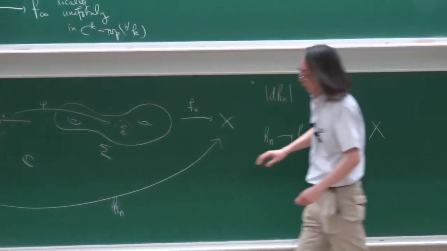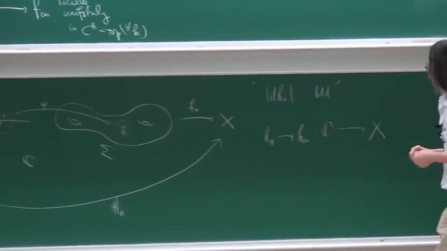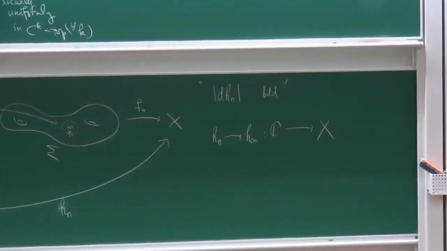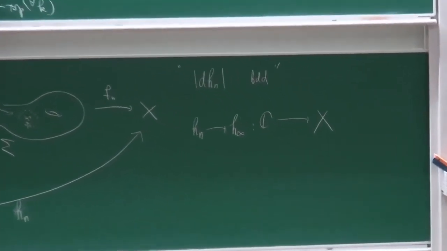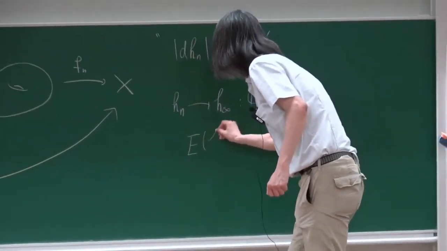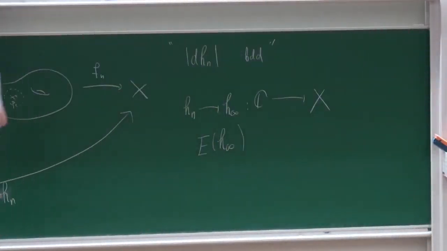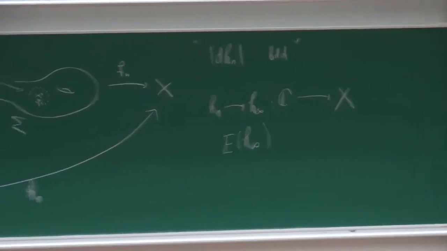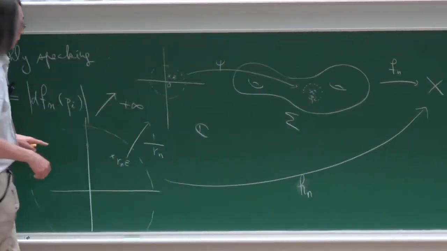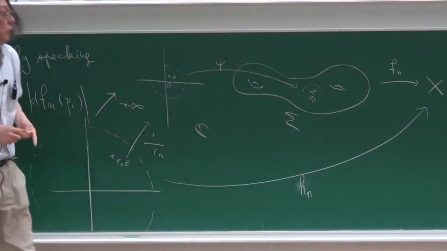For this, we really need to bound the derivative, somehow control the derivative everywhere. But roughly speaking, we have this sort of stuff. And then after that, we also look at the energy of this. The energy of this Hn is the same as the energy of this Fn composed with psi, because